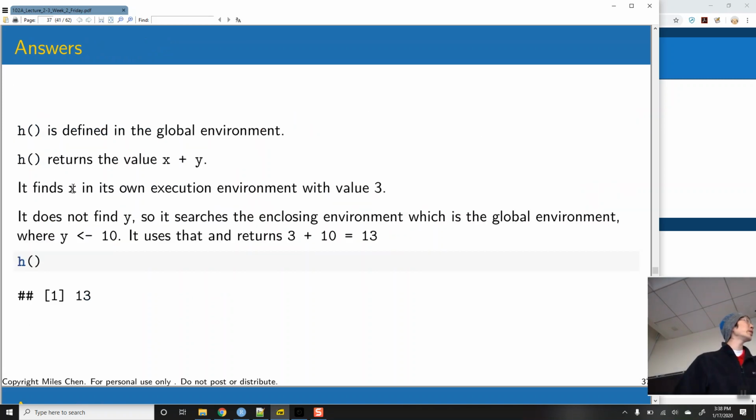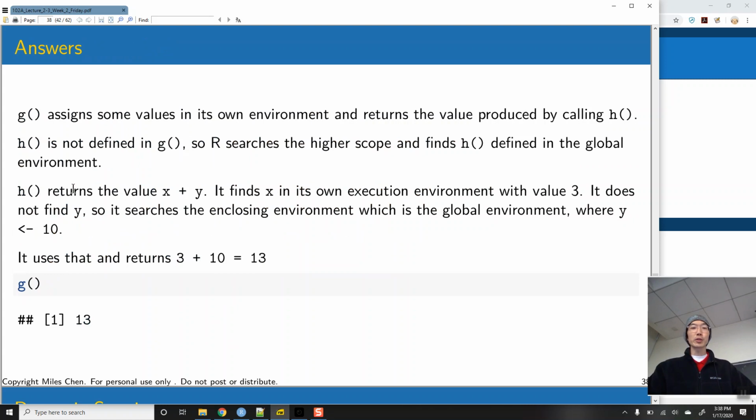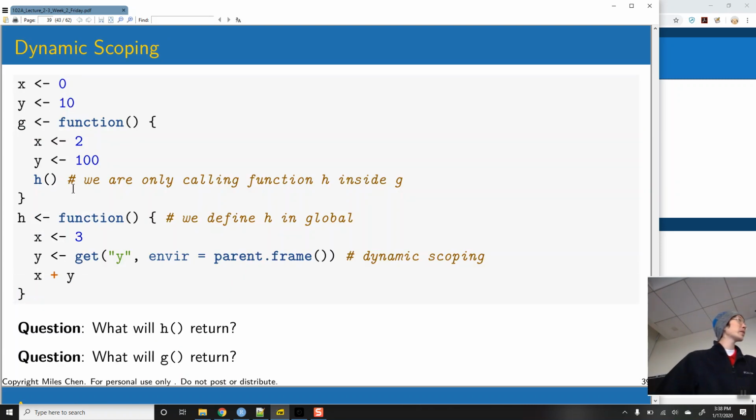So what if you want it to return 103? What do you do? This is where we call dynamic scoping. Dynamic scoping is done with this variable function get. It's the exact same code. The only thing is I've added this one line where it tells h, when you search for y, get it from the parent frame. Because by default, if it doesn't have y, it's going to search its enclosing environment,